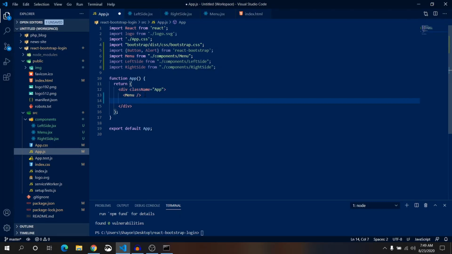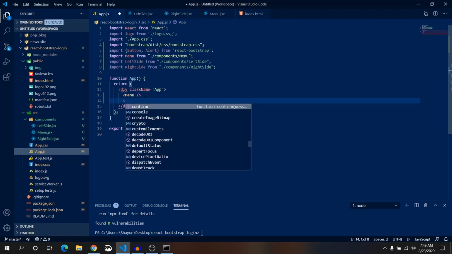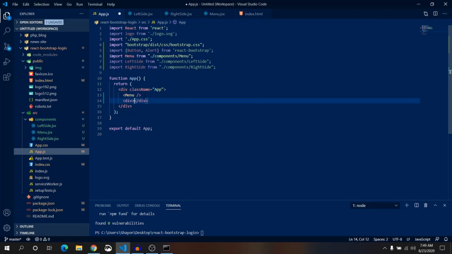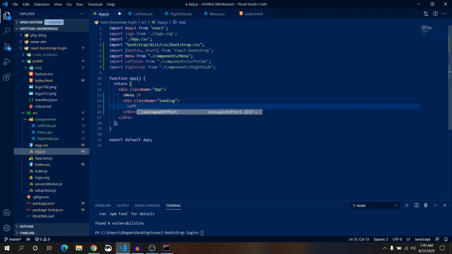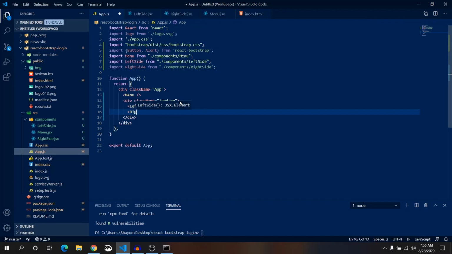So just write div and class name will be landing, and inside landing we'll have left side and right side as well.